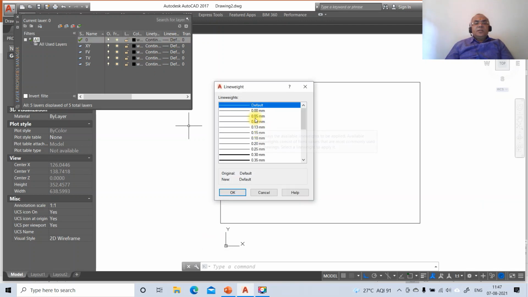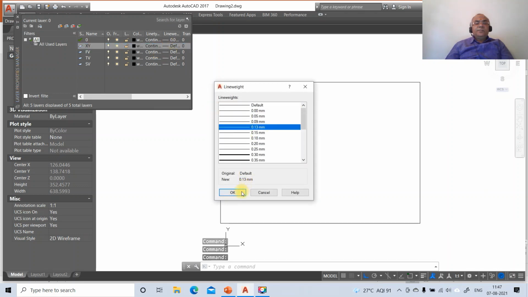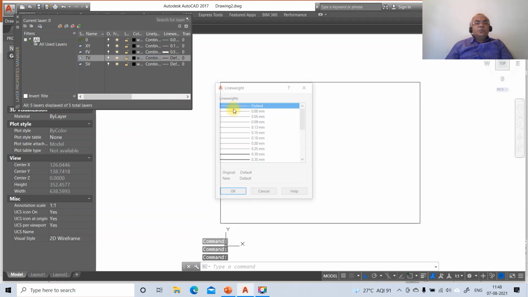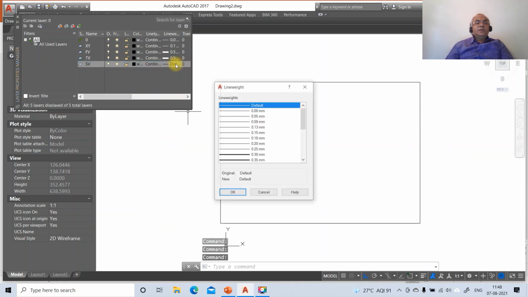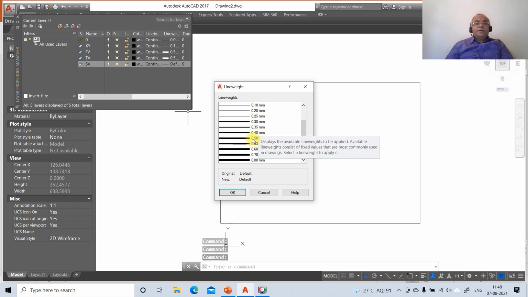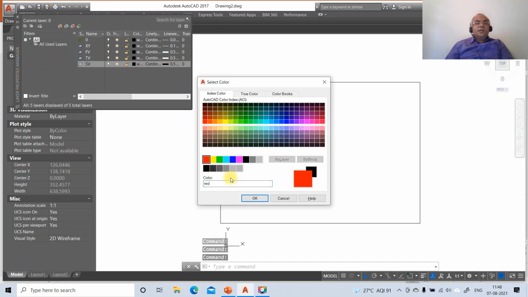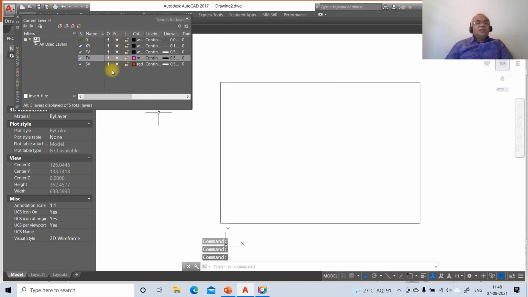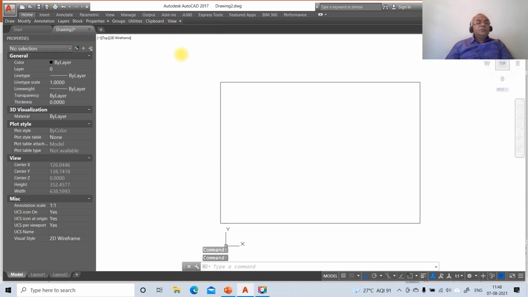Since layer 0 contains the projector lines, you give it 0.05, and layer XY is going to have 0.13, then the front view is going to have 0.5, and the top view will also have 0.5, and the side view will also have the thickness of 0.5. Then go to side view, click on red color, then the top view is going to be assigned the magenta color and the front view is going to be assigned the blue color. Say OK, and now you close this.